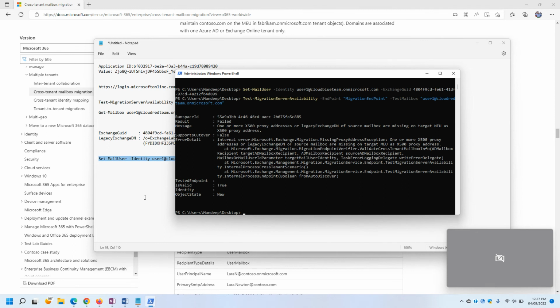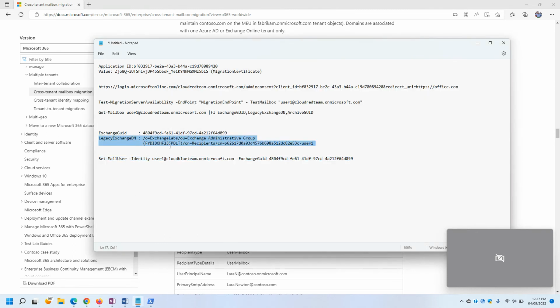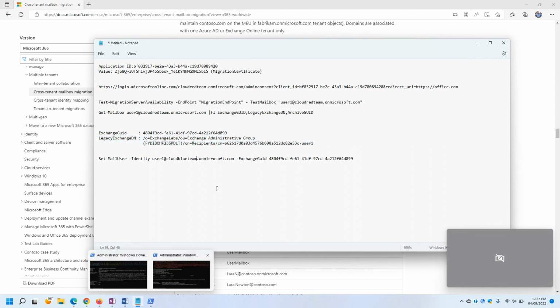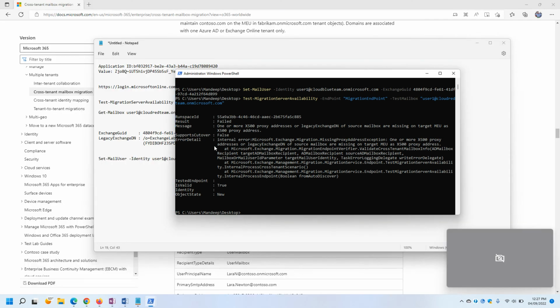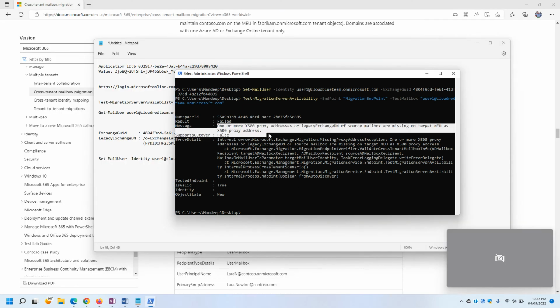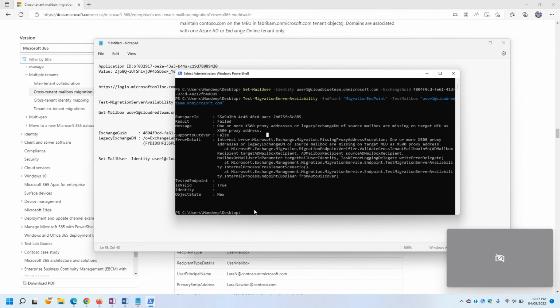Okay. Remember this. This is also required. So this is the reason we have copied this, which is showing here. Now what we'll do is on the destination tenant,